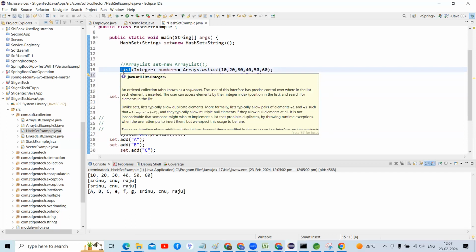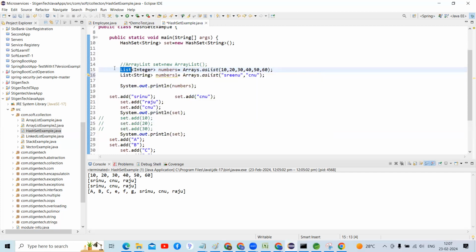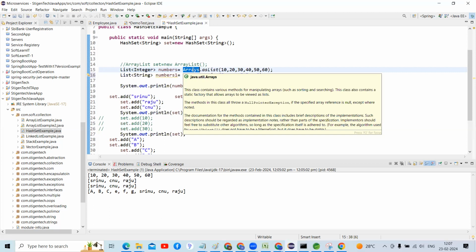List is a super interface, a directory interface for the implementation class ArrayList, right? So there is one class inside that, Arrays, that is the Arrays class. You people can check here, java.util.Arrays. This class contains various methods for manipulating arrays, guys,